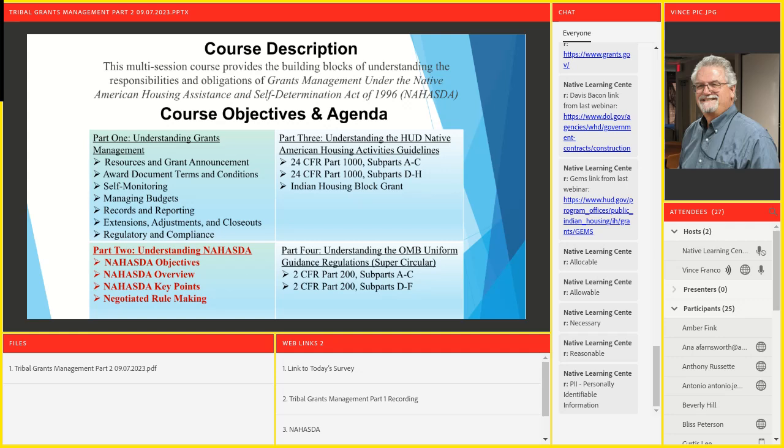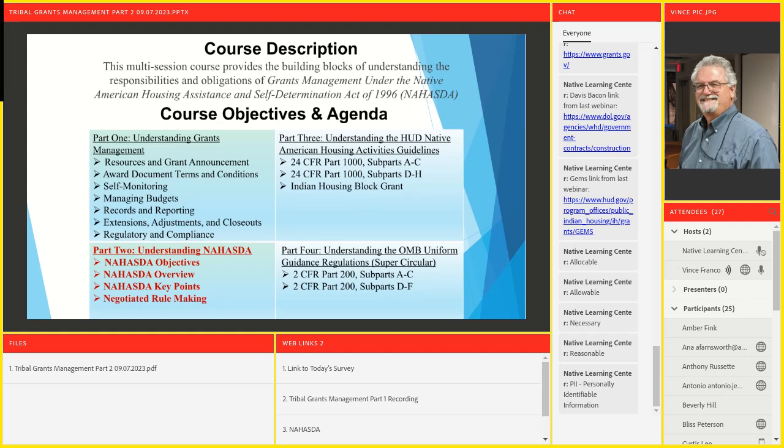And there are very specific situations where you need to have written prior approval. For example, when you reduce the amount of your budget by more than 25%, or you change the focus of your program, or a third example would be turnover of key staff. Those three and many, many others might put you in a situation where you are forced to approach the agency, the authority, in this case for us it'd be ONAP, get approval for it, then put it into motion and then document it, right?